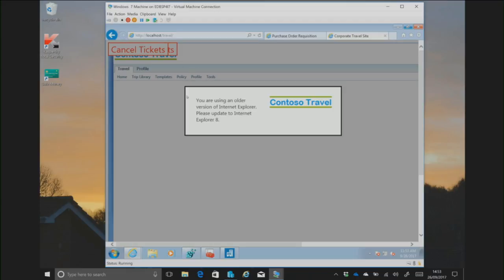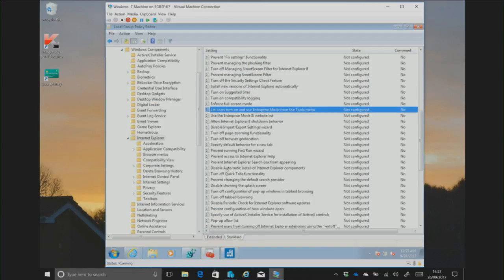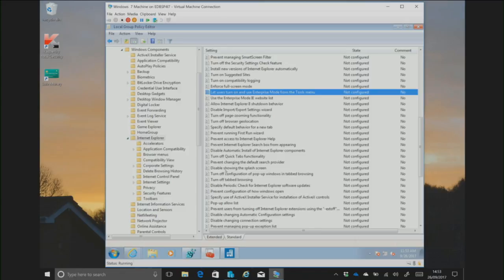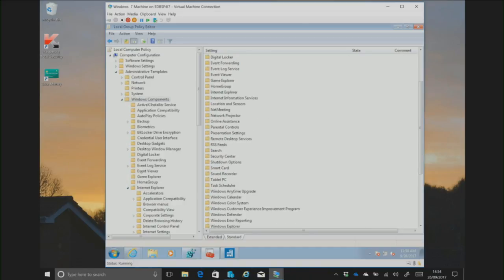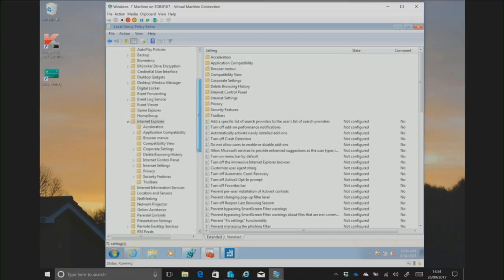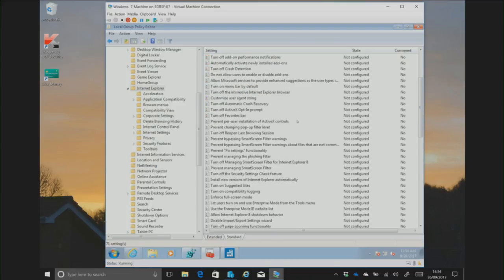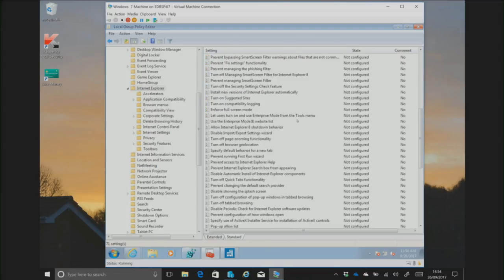And we load group policy on a standard tool by just typing gpedit, which I've already done. And this is a computer thing we want to do, so we go into computer, right up at the top. We go into administrative templates because it's to do with Windows and it's to do with the browser. So we go to Windows components and we scroll down to Internet Explorer. Now Internet Explorer has a whole, I mean you can set everything in there and you don't really want to right now. So we scroll down in the Internet Explorer area and we're looking for